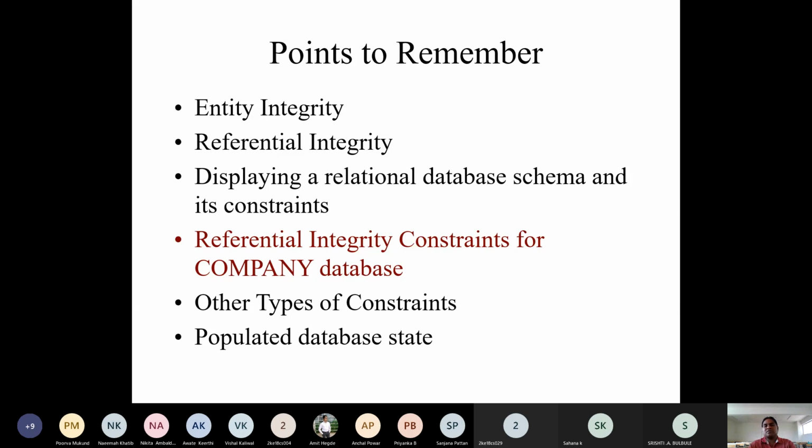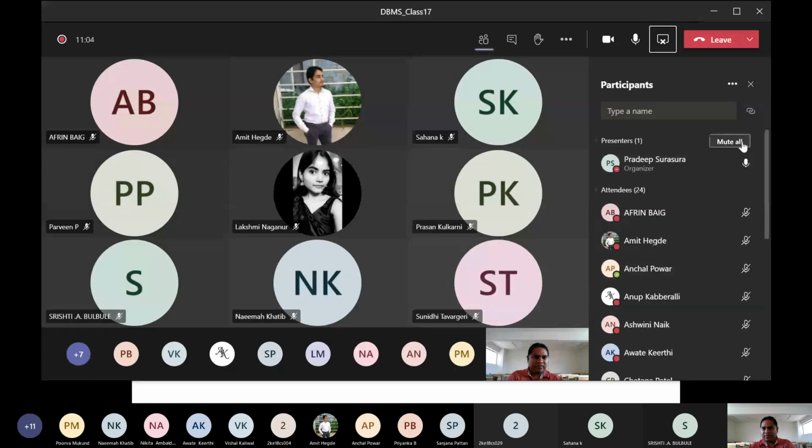Now, normally what happens when we look into any kind of constraints in any application, there are majorly three types. The first is your domain constraints, which tells about the implicit properties of your data type, size, and so on. If you are violating your data types or the size, then obviously there will be a violation, right?